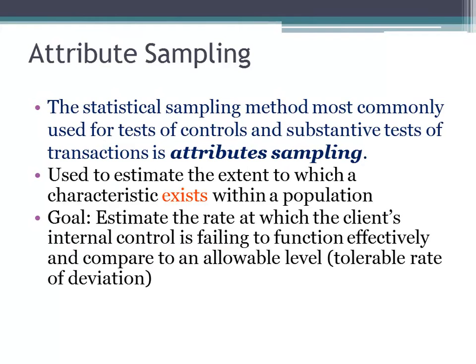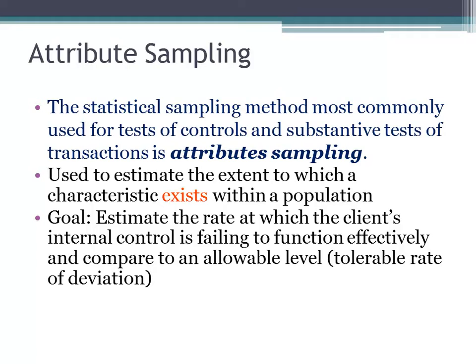So let's get back to attribute sampling. As I said, with attribute sampling, you're looking at attributes and testing internal controls. You want to estimate the extent to which that characteristic, whether it's shipping documents to support sales in the sales journal, exists within the population. Specifying what your audit objective is: if your audit objective is to test the occurrence of sales, you want to know that for that population of sales, they're valid and supported by shipping documents. So you want to compare it,